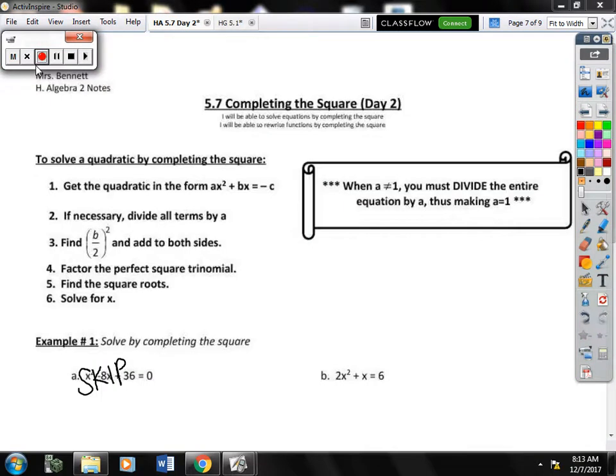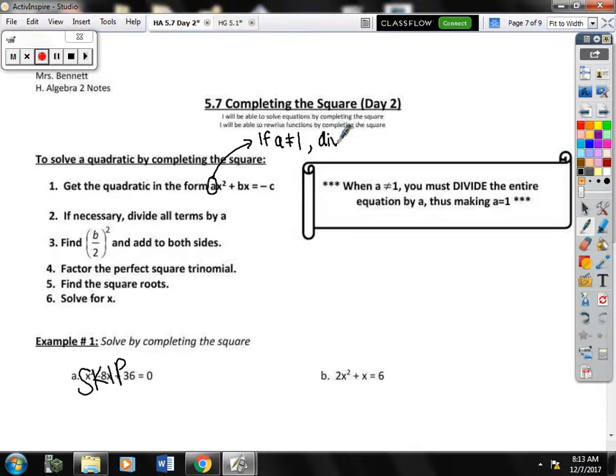Alright, so today we're going to continue completing the square. The only difference today is that we're going to see problems where the a value is not 1, okay? So if the a value is not 1, let's say it's 2, 3, 1/2, 7, whatever, before you can use the b divided by 2 squared formula, you will have to make a become 1